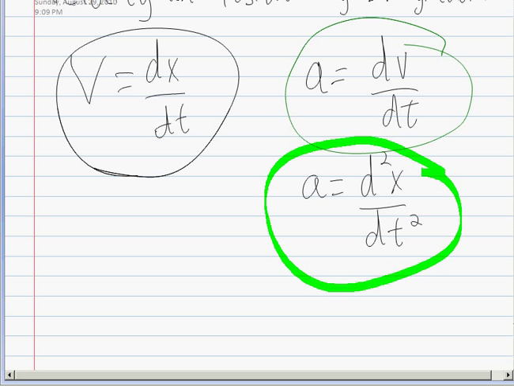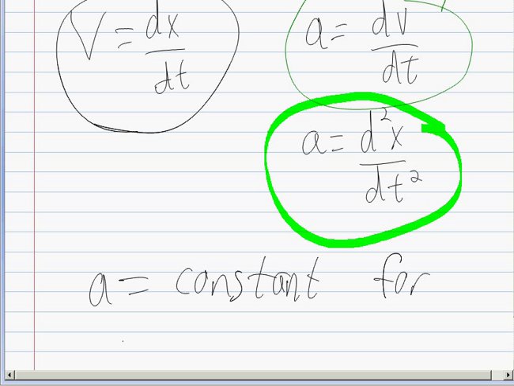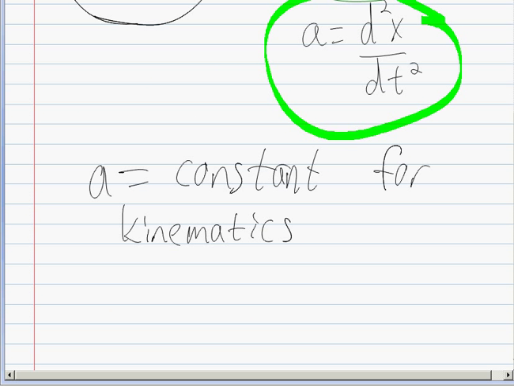Okay. Well, we're going to work the opposite direction now. We're going to actually start with acceleration. In the cases we've dealt with, whether it was gravity or other problems, we've said that acceleration is constant for the kinematics equations that you remember using last year. And those are good ones, don't get me wrong. Unfortunately, acceleration isn't always constant. So because of that, if we can find an expression that represents the acceleration